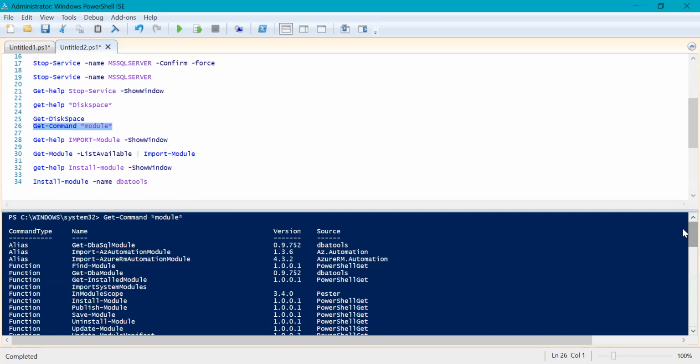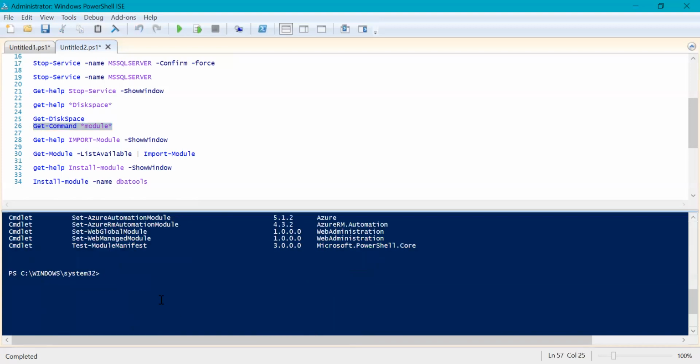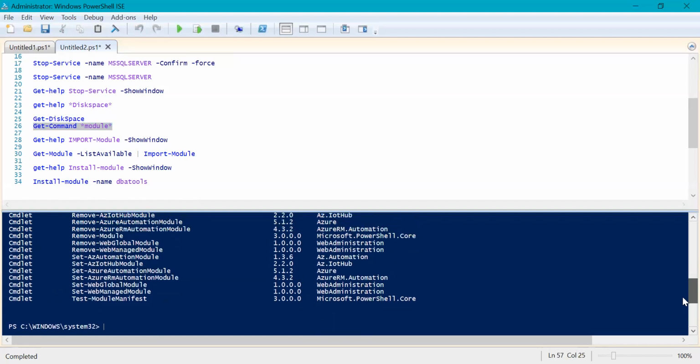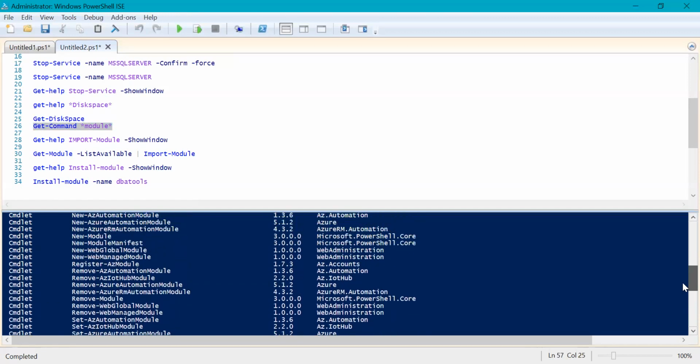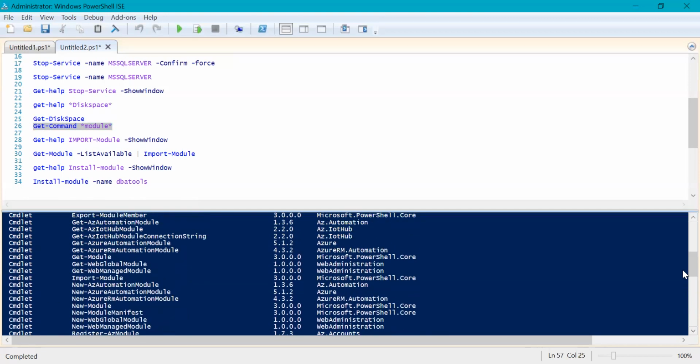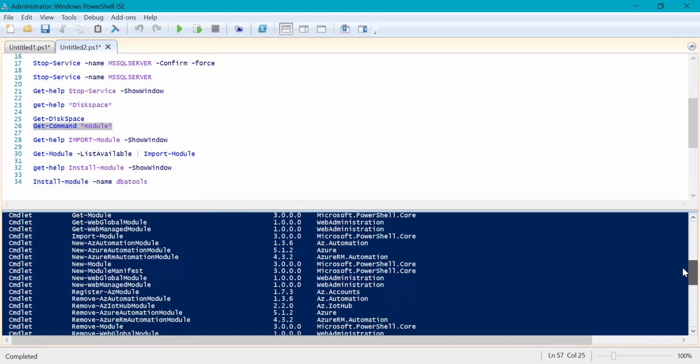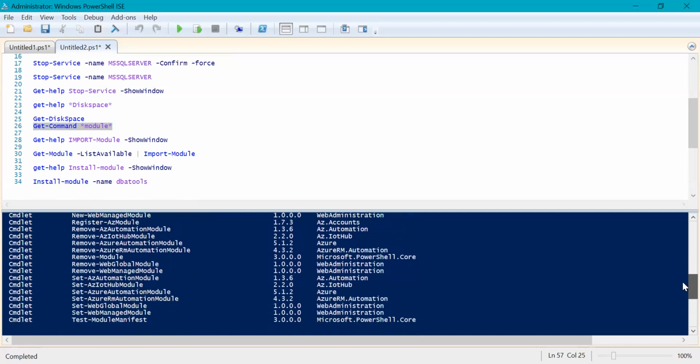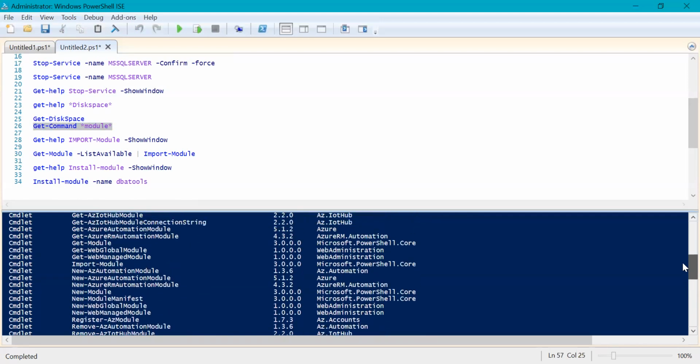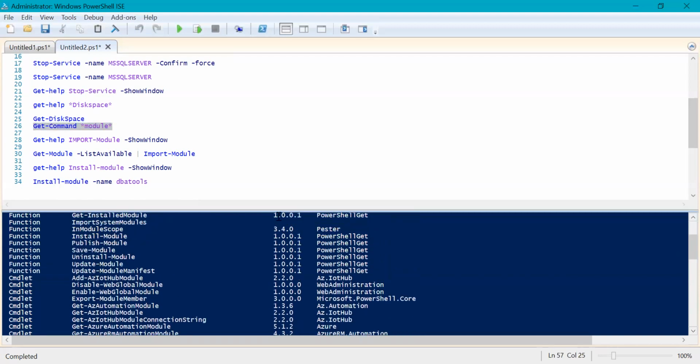So one thing: what you want to do is install a module, right? If you look at all the commands here, there are a couple of commands you can identify as potentially useful. There is one command, Import-Module, and there must be another command, Install-Module, and it will be somewhere here only. So here it is: Install-Module.